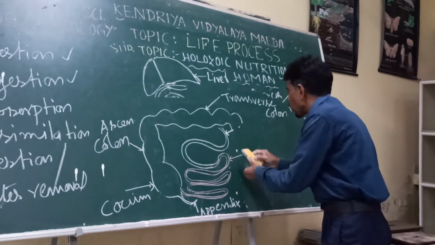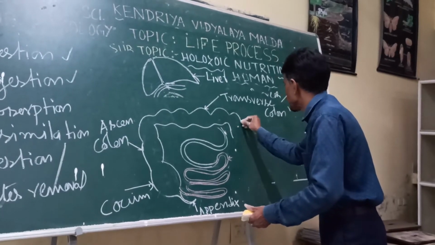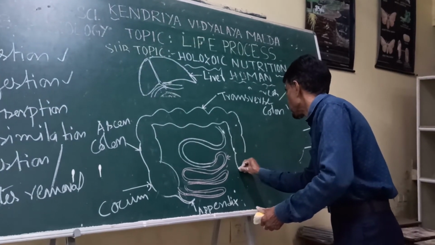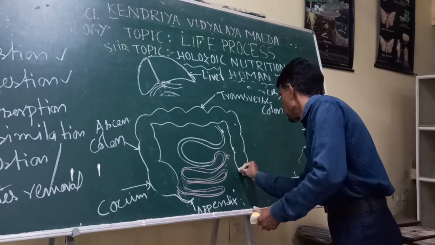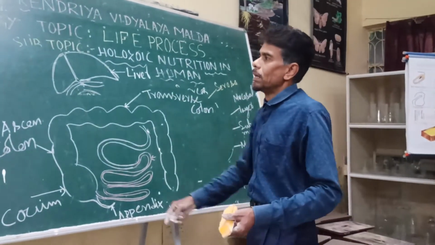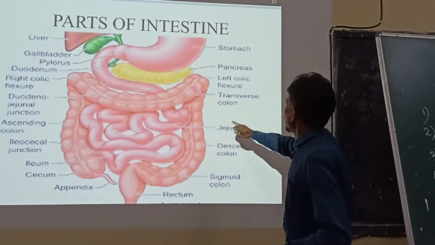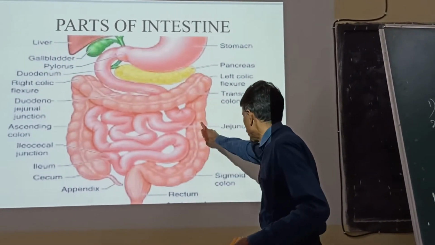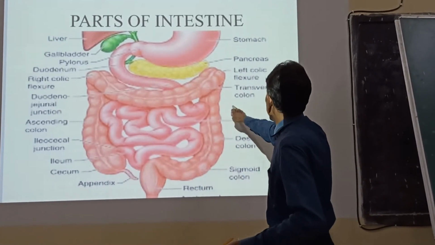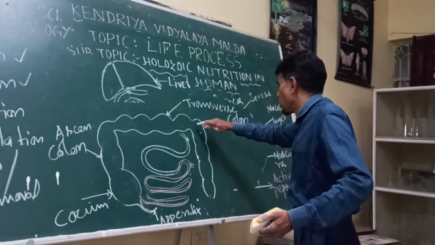And now this colon descends down. So we can give a name, descending colon. As you see here, somewhere transverse colon, and this is the descending colon. Actually this colon is descending down. Here it is not labeled separately. This is the descending colon. So ascending colon, transverse colon, descending colon.